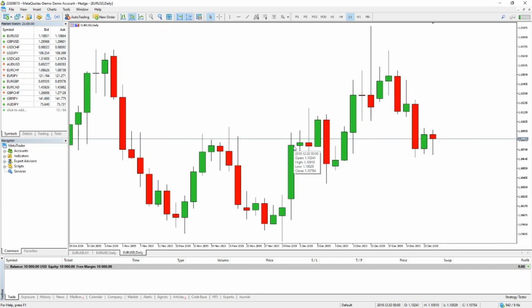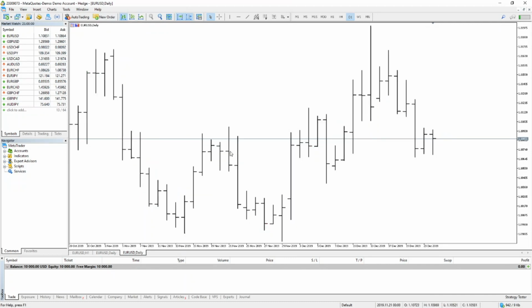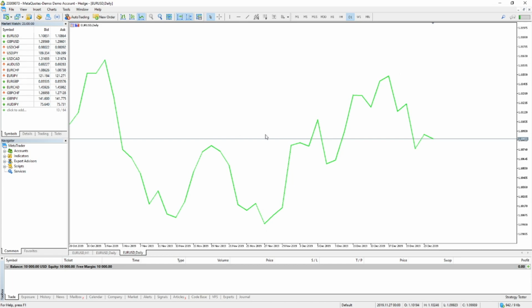So this is the candlestick, and the other type of chart I told you is a bar chart. Some people like this one because it takes less space, whereas the line graph chart is used for some analysis, like you can easily see the highs and the lows, so you can draw trend lines on that one. That's easy to